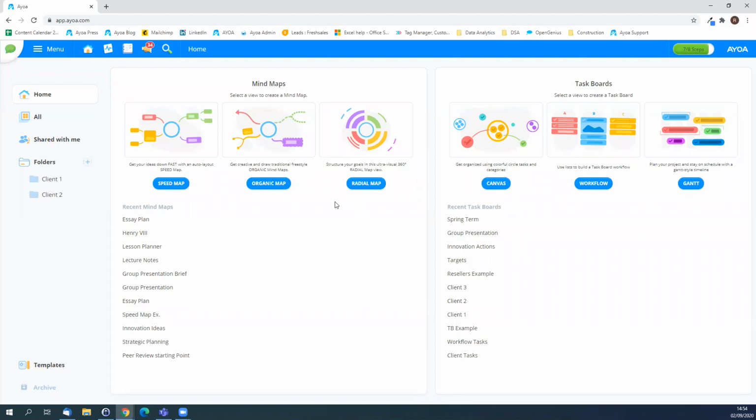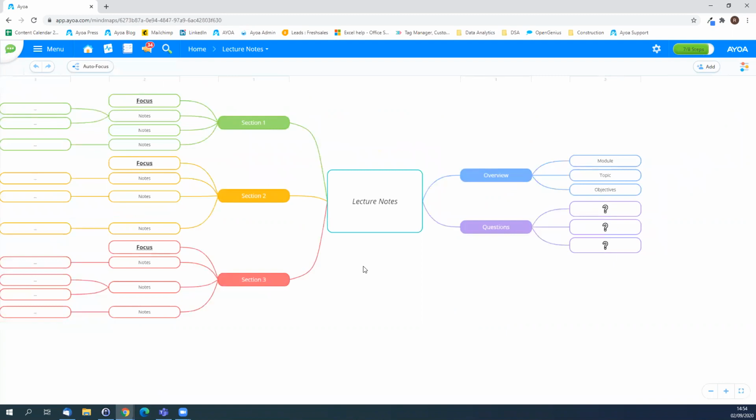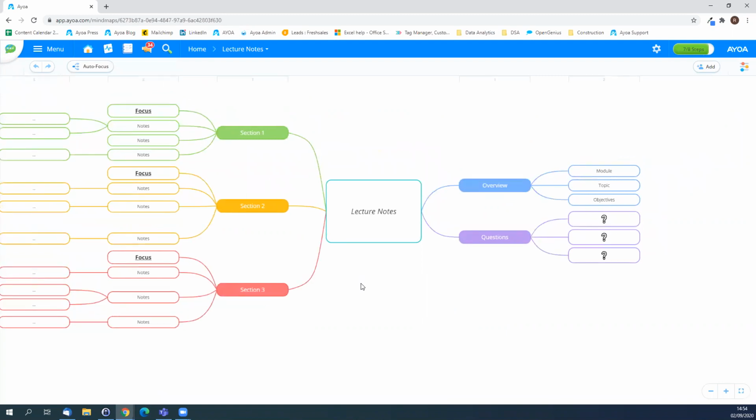So for example, on day one, a select group of students come in for their lesson or lecture, and they use a mind map template, such as this, to take notes. They choose an Ayoa mind map for note-taking over a traditional notebook, not only because it saves space and means they can access it anywhere on any device, such as a mobile, tablet, or a laptop, but because they think